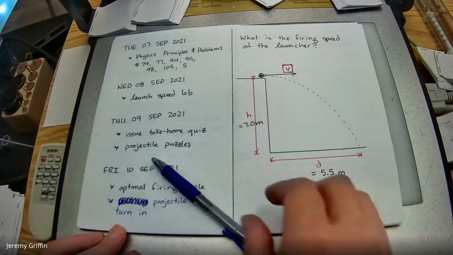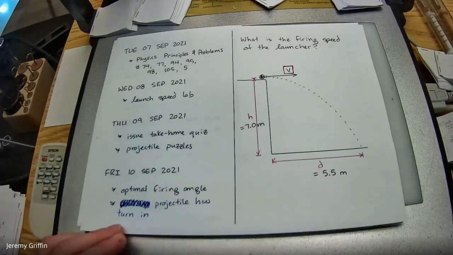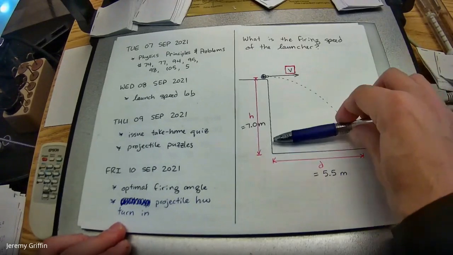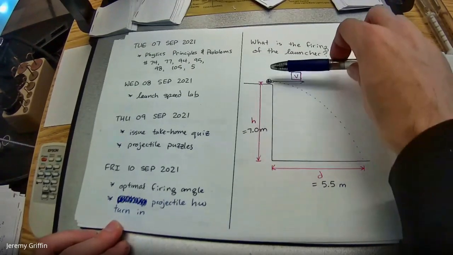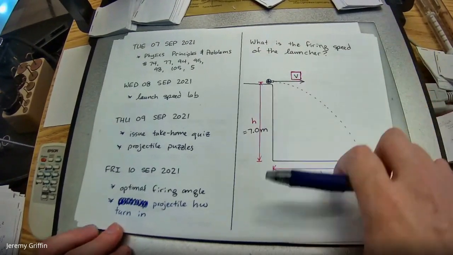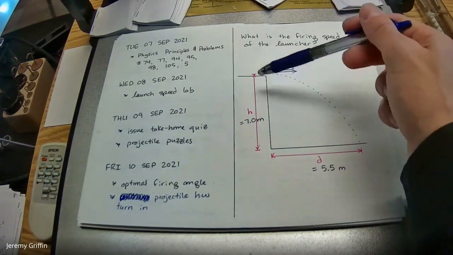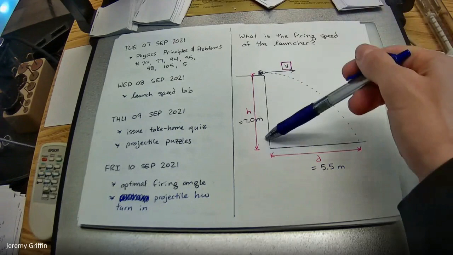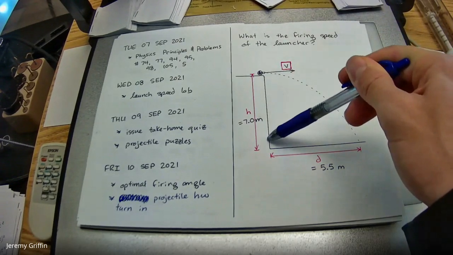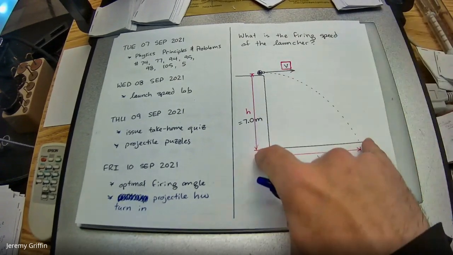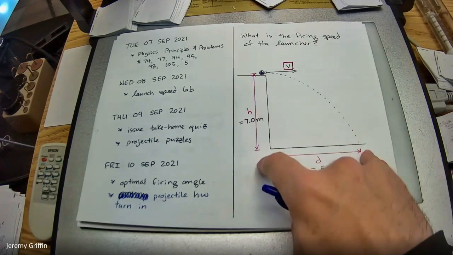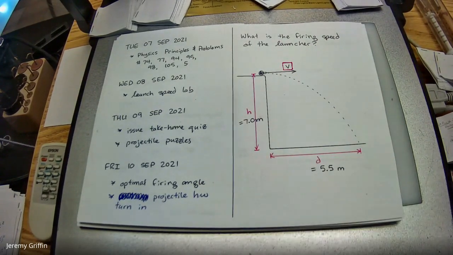That would be the launch speed, wouldn't it? Oh, so maybe this is real straightforward. But then it's like, well, what's the fall time though? And isn't that constrained by this fall height? The 7 meters, right? So maybe that's what you should do. Maybe that's our roadmap. First I'm going to look at this dropping height, say how many seconds that takes to happen, and then I'll look back over to the horizontal stuff and say, well, it went this far in that much time, and then divide those two.